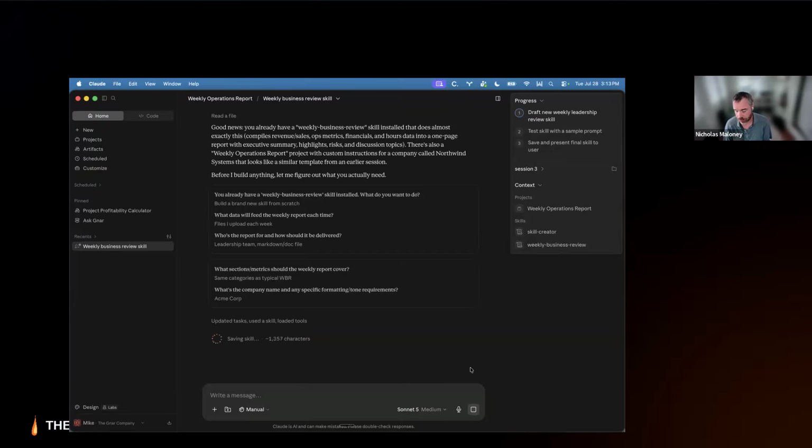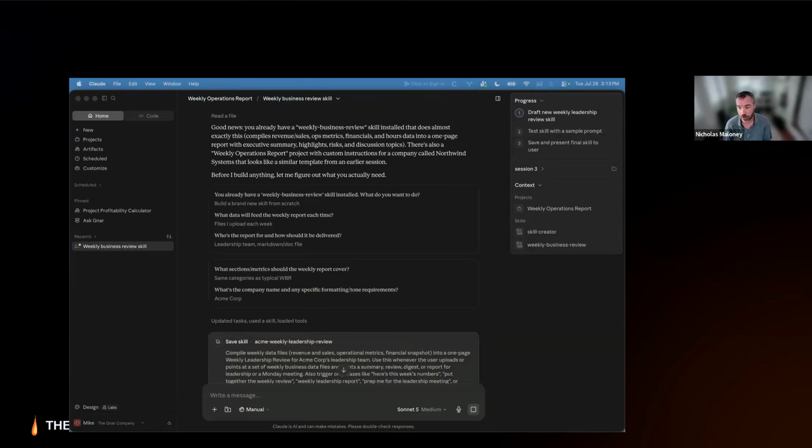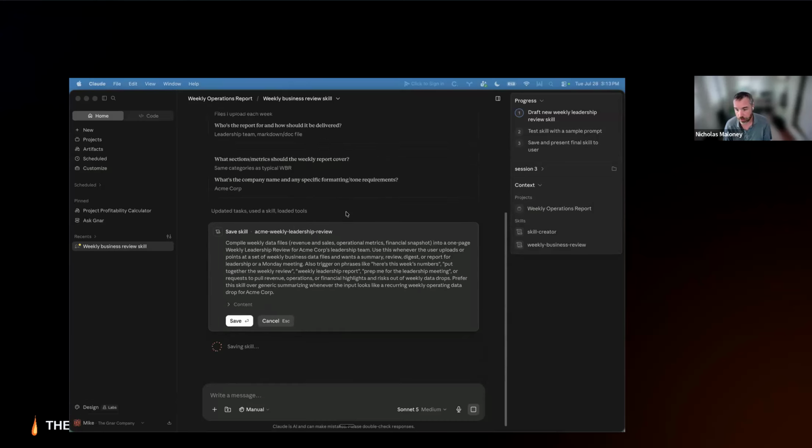That has some challenges, like if you made updates, then you'd have to remember to reshare that file and have your team update it. The other way that you can share skills is if you have a Claude team account, you can install skills that you can make available across the team. So you install it in the organization settings, and then anyone on your team can invoke that skill. That's really powerful and something we use quite frequently.